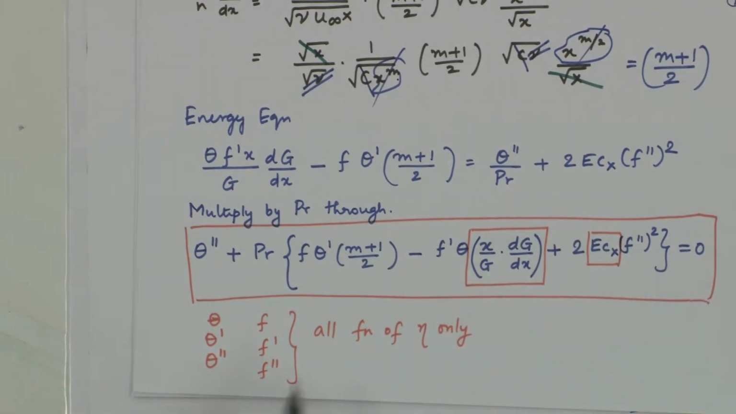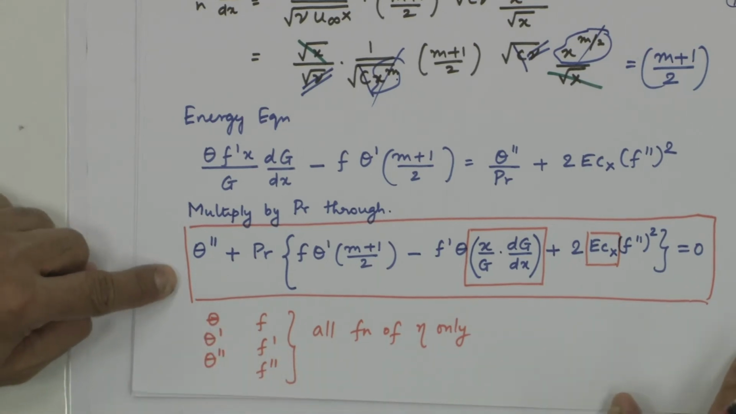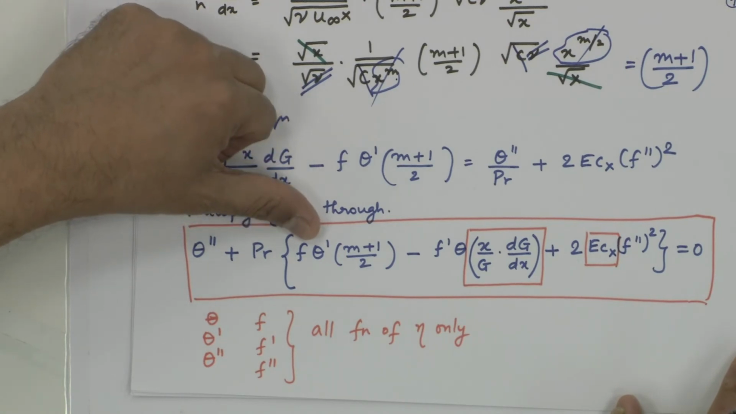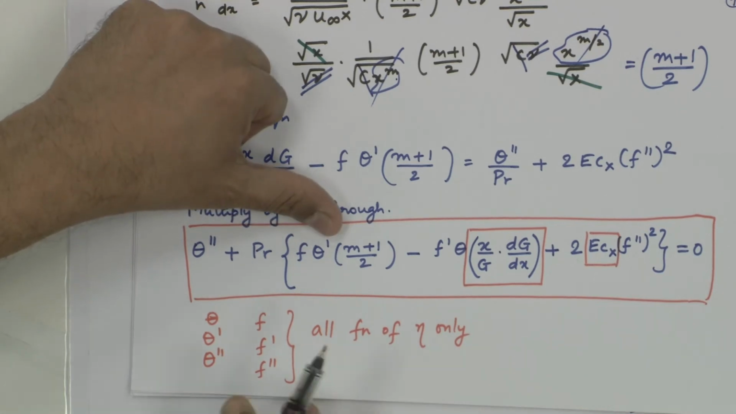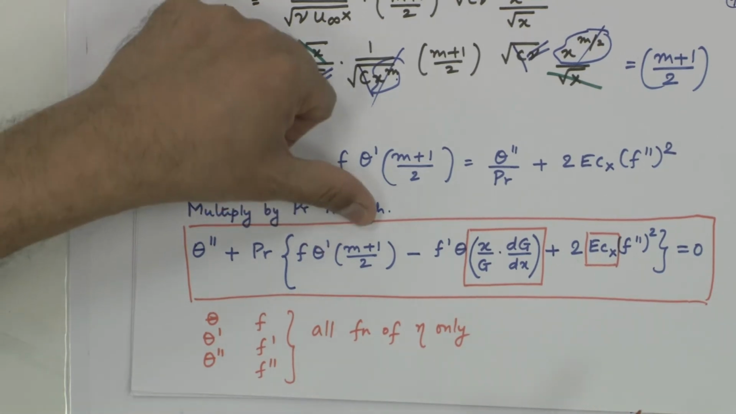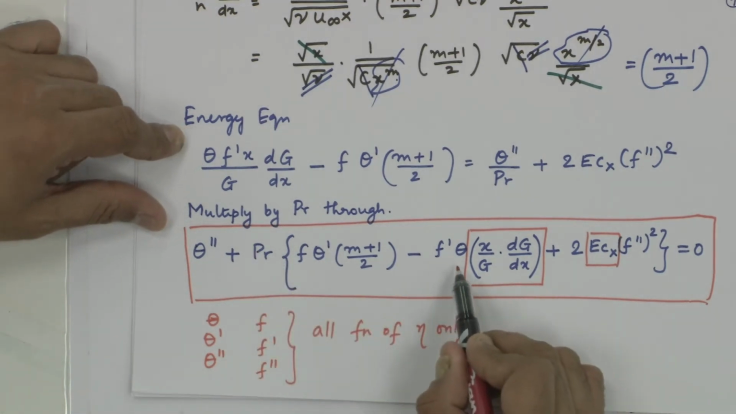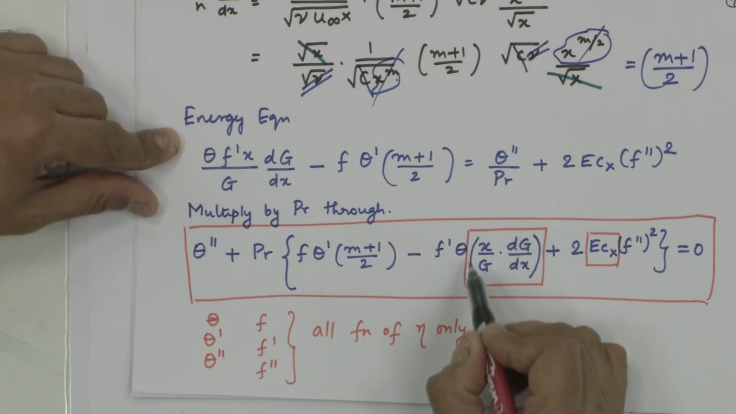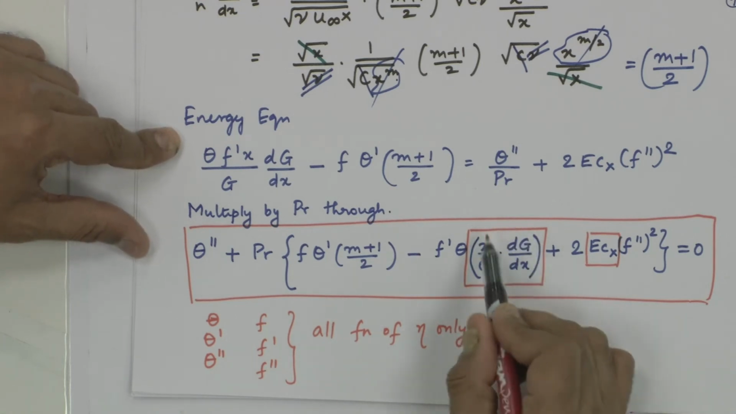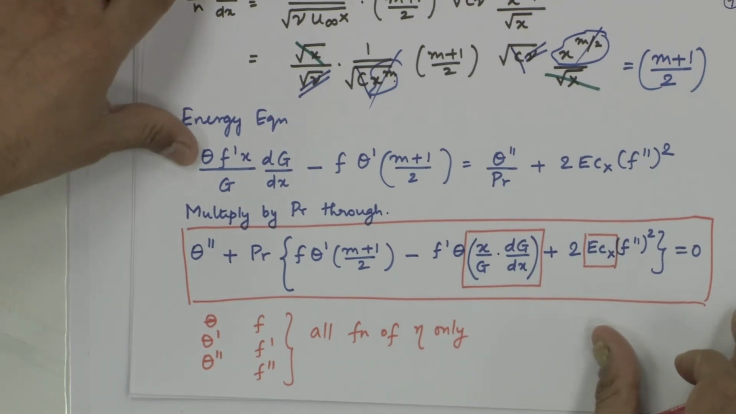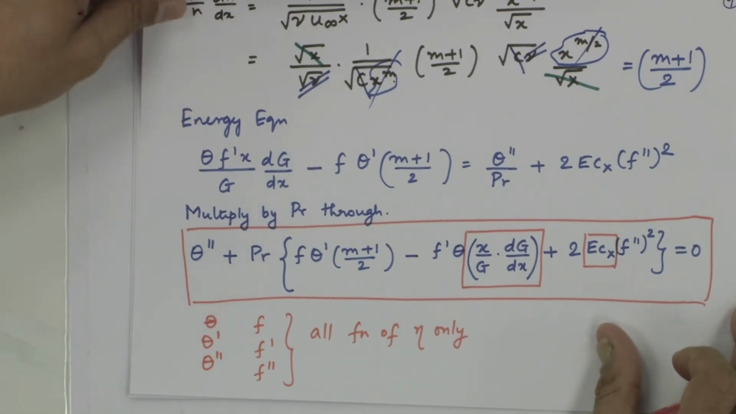These two terms, if you look carefully: theta double prime, the second derivative of theta; f is related to f prime, which was u by u infinity; theta prime was the temperature gradient with respect to eta, (m plus 1) by 2, where m is a constant. This term again, f prime theta, written in bracket and bold red color, and this Eckert number. These are the only two additional terms, and we are going to invoke our golden rule that